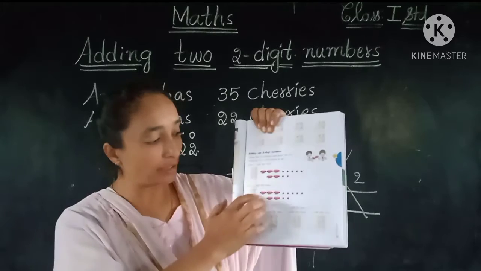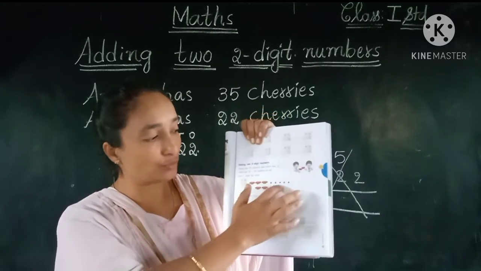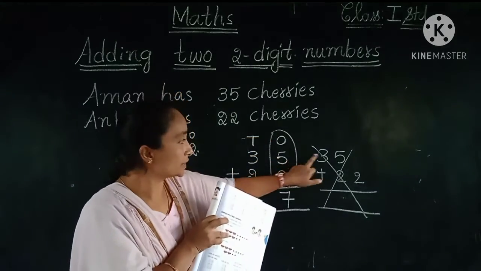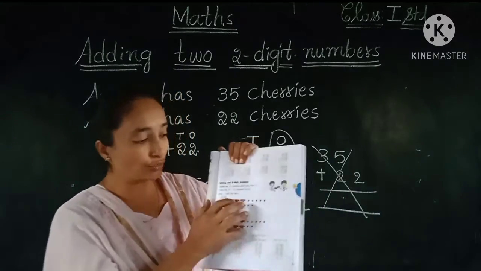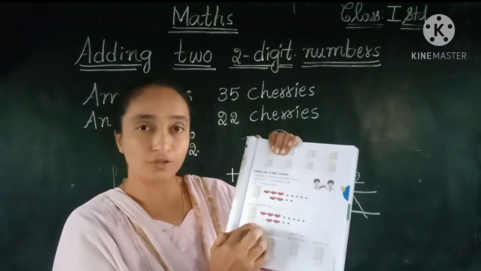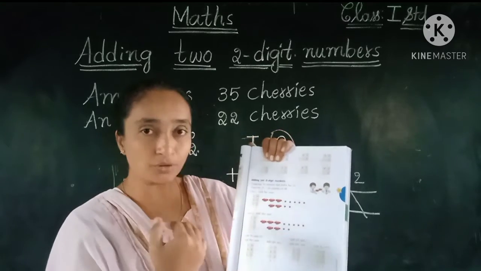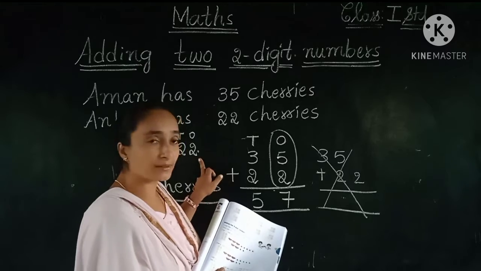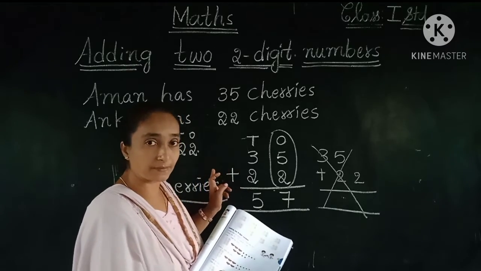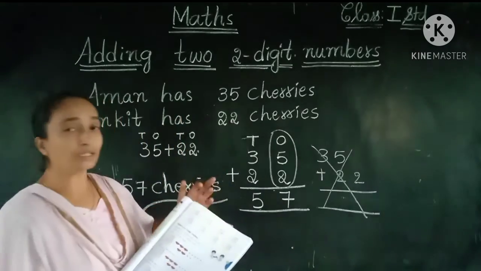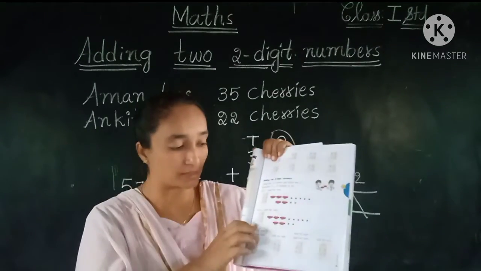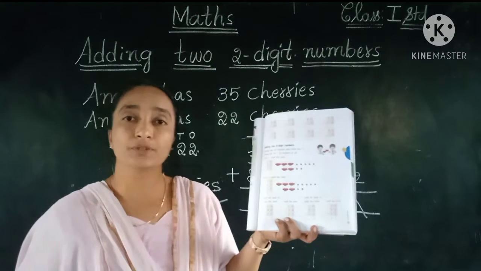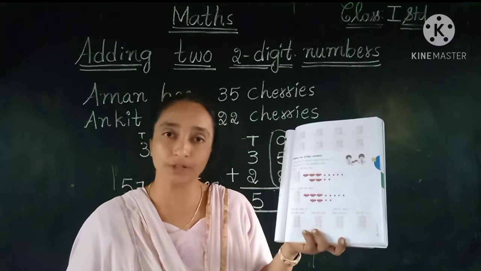Now first we have to do step 1. So first we have to do the ones place calculation. So all the ones: here the 5 ones. Okay children, 5 ones and here the 2. So total we have 7. So here we have completed the 7. Now comes to the tens place. Here we have 3 tens, 3 bunches of cherries, and here we have 2 bunches of cherries. Okay children. So 3 plus 2 total 5. So 5 bunches of cherries we have. So here step 2 we have completed. So in this way we have to complete this adding of 2-digit numbers.